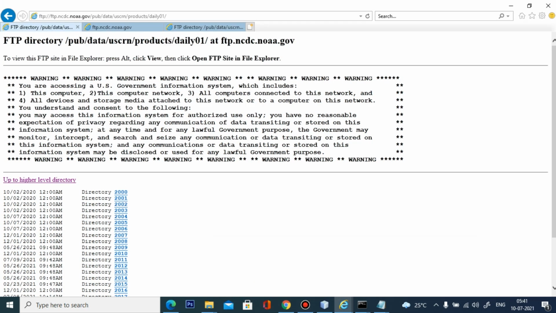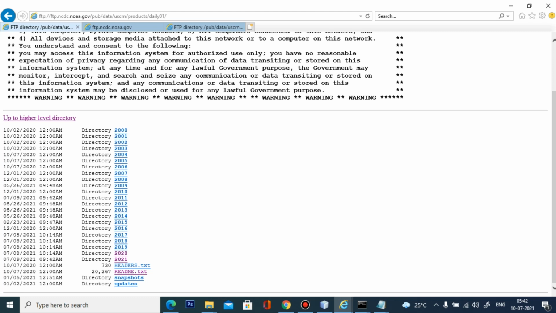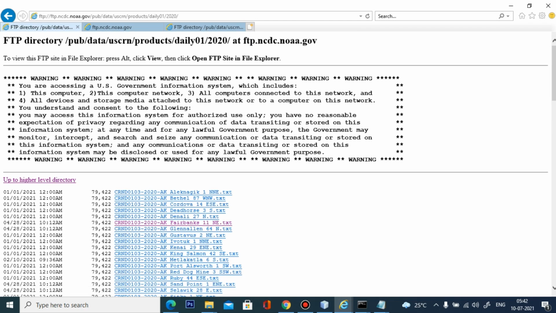This is the website, the National Centers for Environmental Information, which contains a lot of information. Here we have data from the year 2002 to 2021. The readme.txt file will help you understand what the data are and what the column or header names are. This is the 2020 data.